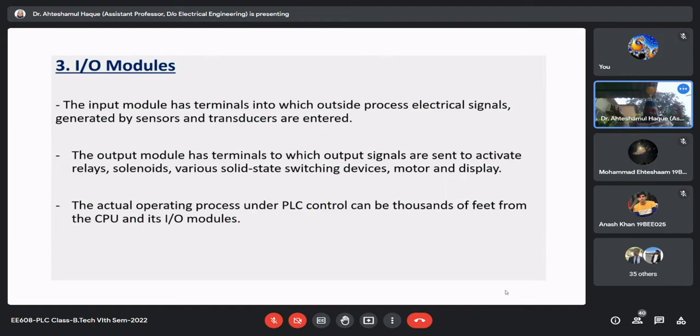Right. So that is basically the input output module requirement. So the input module has terminals into which outside process electrical signals generated by sensors and